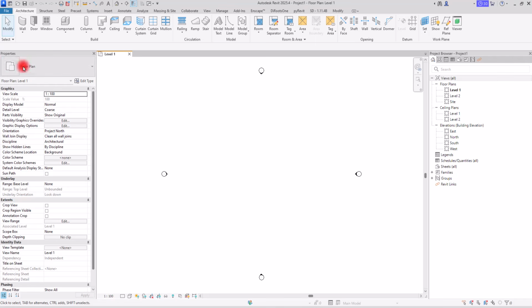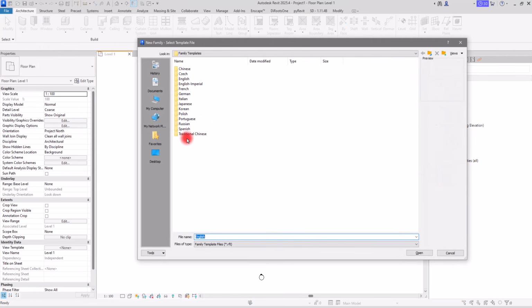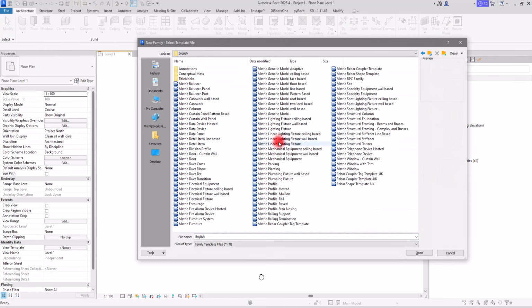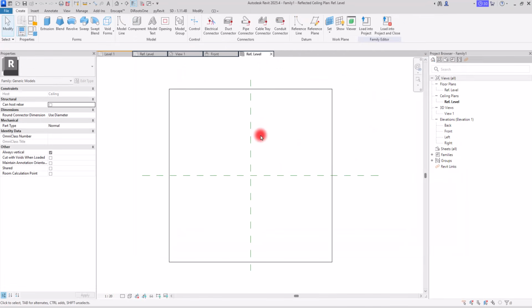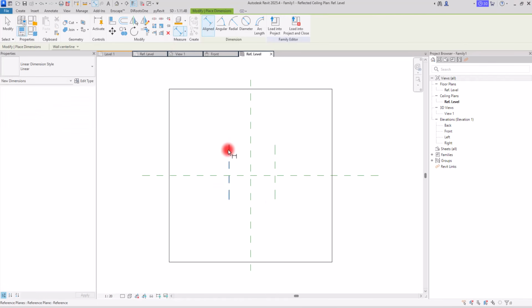We're going to start by creating a new family in the English template and in metric generic ceiling based. In here, we are going to create two reference planes for setting the base of our lighting. And I'm going to set them exactly in the center, make them equal, and create another dimension for controlling the